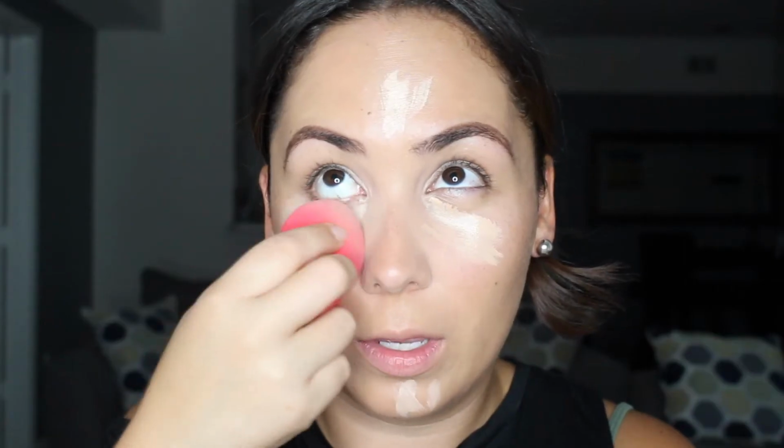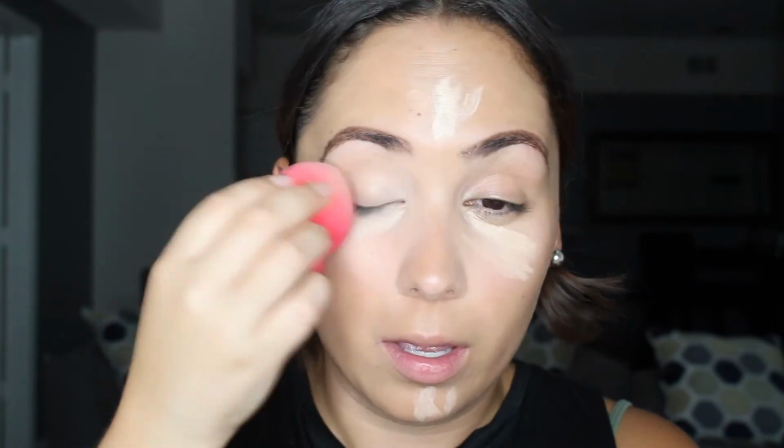And then on the eyes, you guys will see the masterpiece at the end. To make sure everything is always blended. To set that concealer, I'll be taking this Wet n Wild contouring in the shade Dulce de Leche. I'm just applying that very lightly on my under eye, and I'm taking that with another BH Cosmetic brush, very